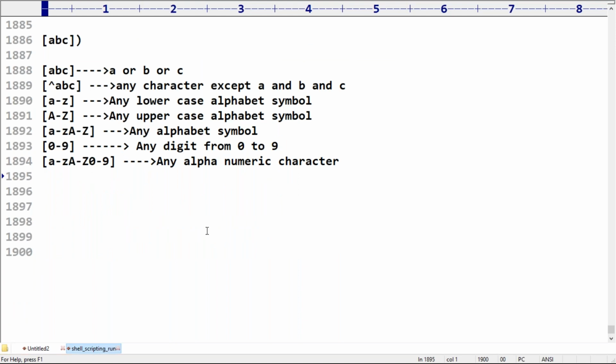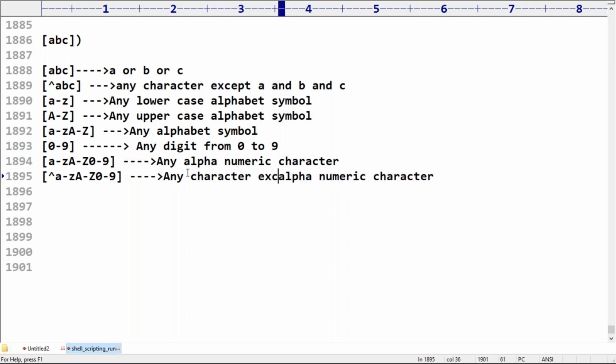Next, if I use the cap symbol here, it means any character except an alphanumeric character, that is, a special symbol.